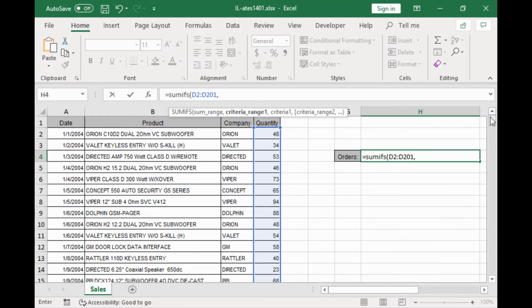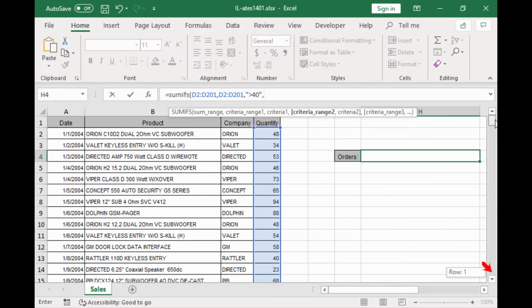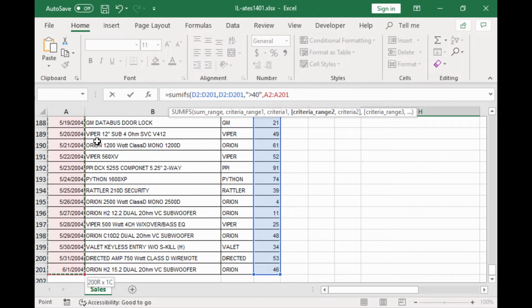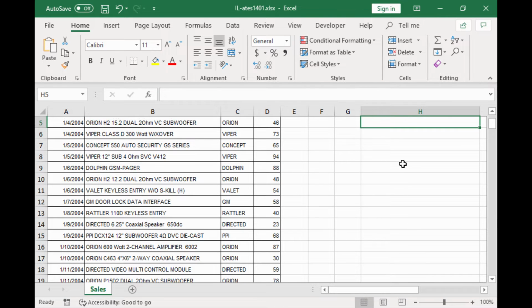Then we type the pairs of criteria ranges and the criterion each of them has to fulfill. We hit on Enter and we have the required result.